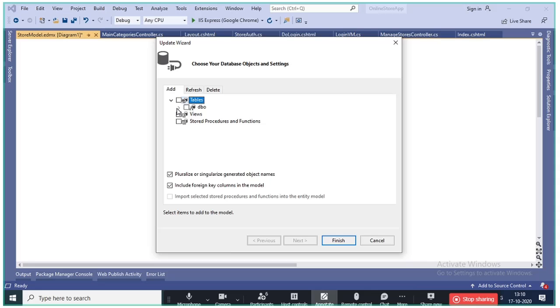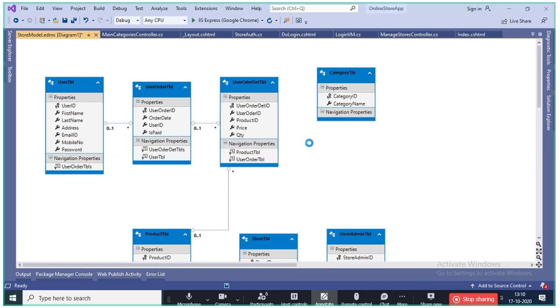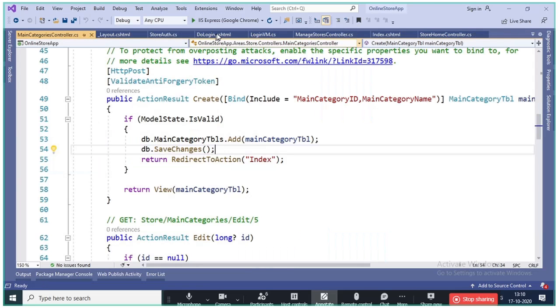Now the tables are here. And we'll just save. Now if you run this,